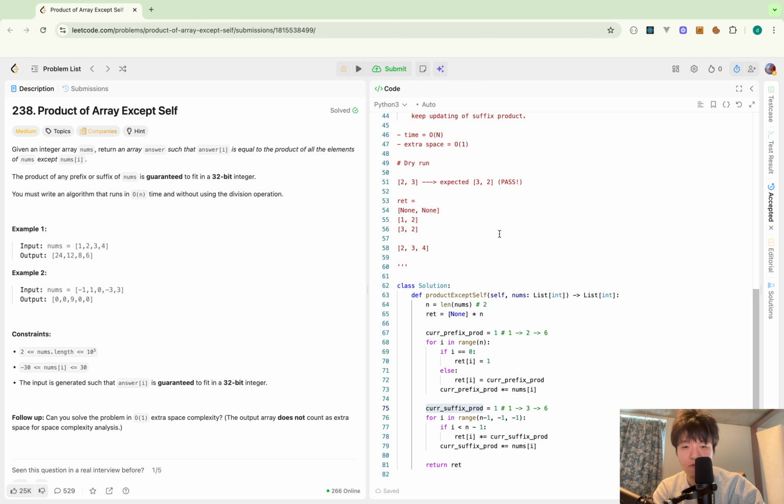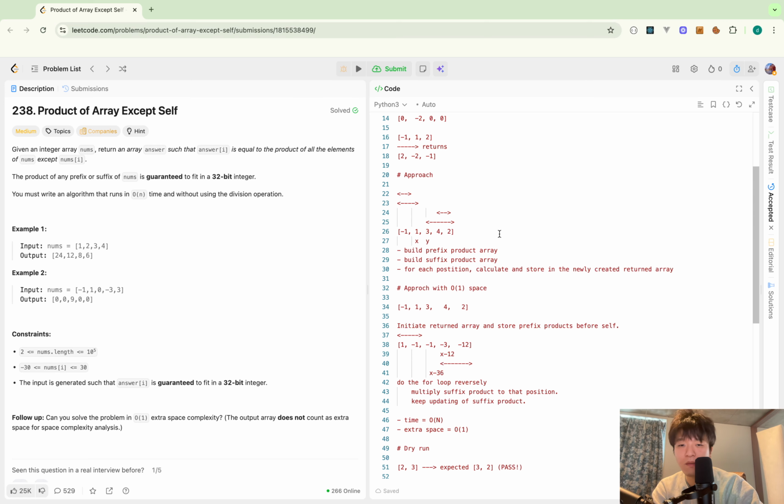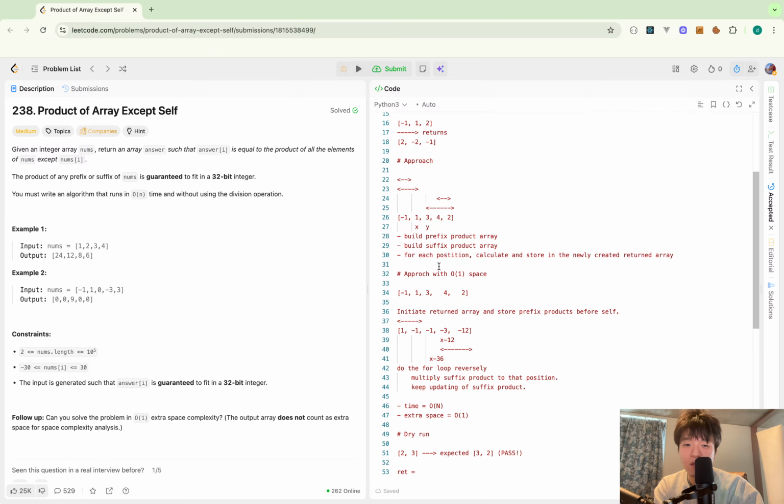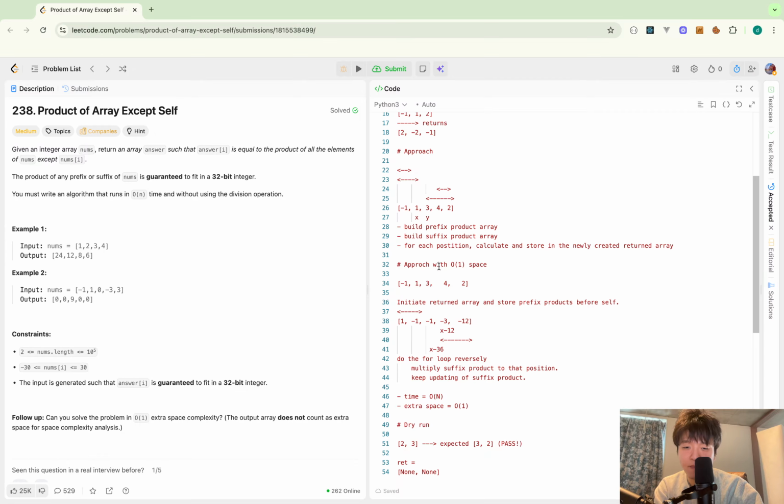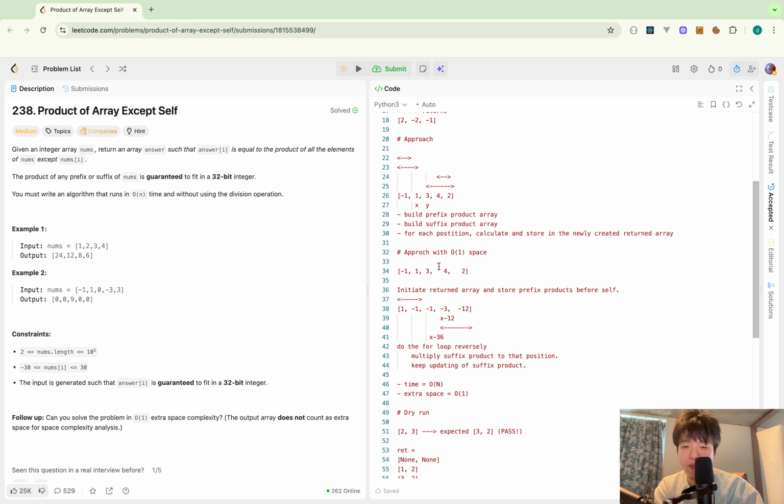So for this question, my first approach is to build the prefix product array and suffix product array and iterate each index and calculate the product except self. But yeah, in this way, I could solve this question with O of n time complexity and O of n extra space complexity. But to optimize the space complexity to O of 1 constant,